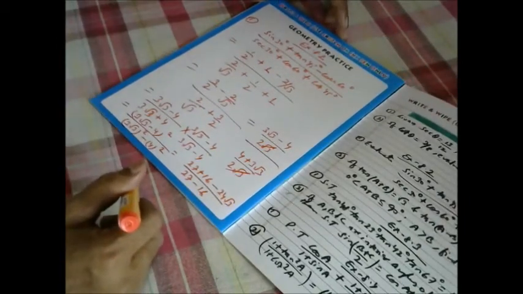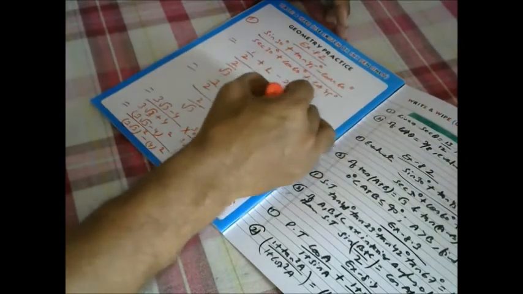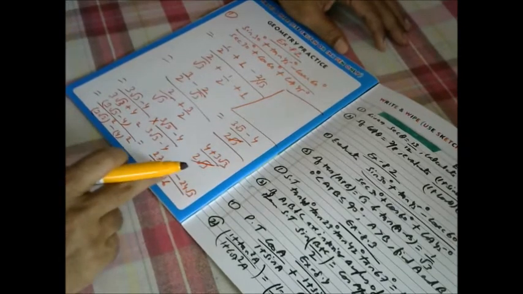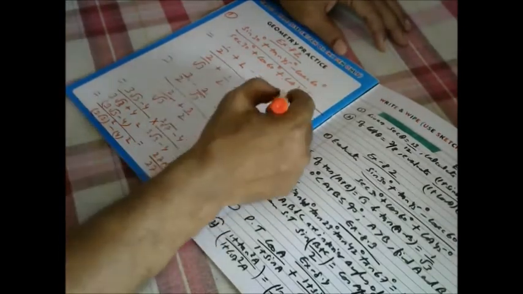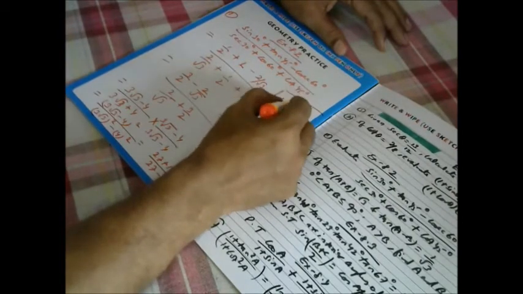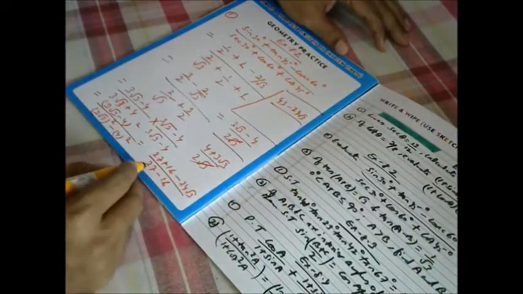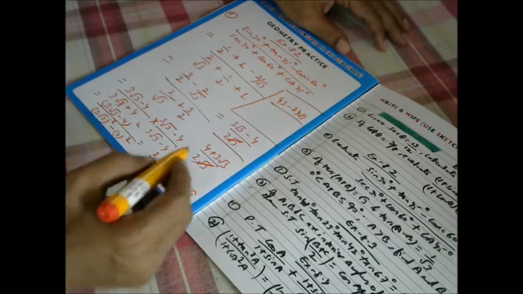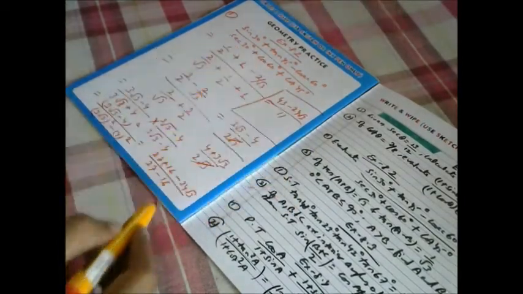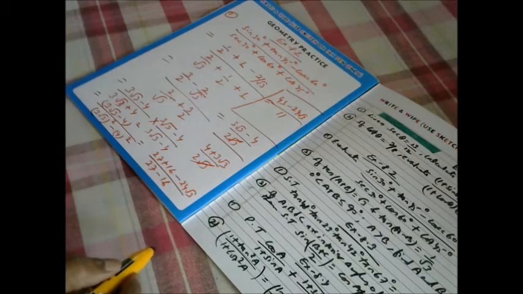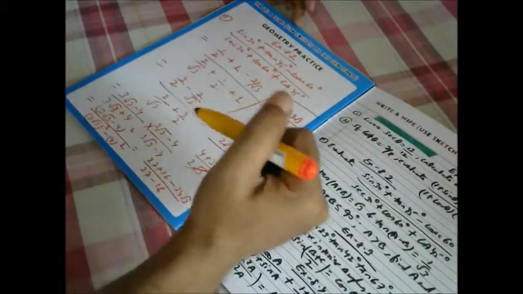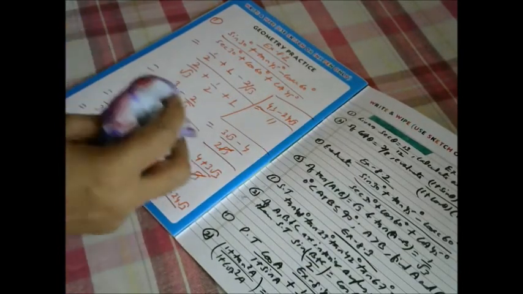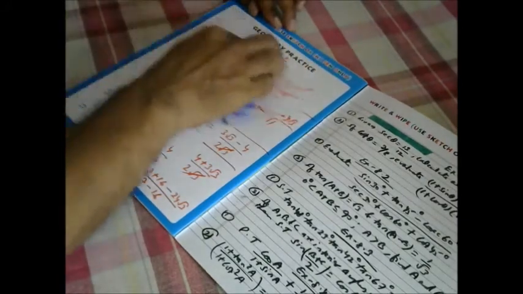Okay, so I will put this one here in this space. So 27 plus 16 is 43, so 43 minus 24 root 3, divided by 27 minus 16, so 11, and this one will be the answer. Okay, 43 minus 24 root 3 by 11. Right? So this question number 1 we have solved, and let us solve question number 2 from this exercise.